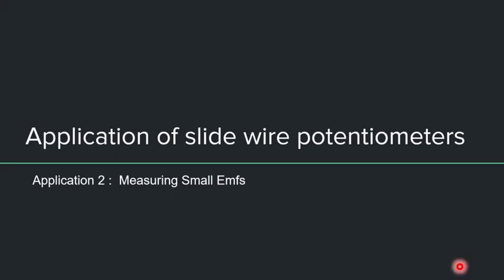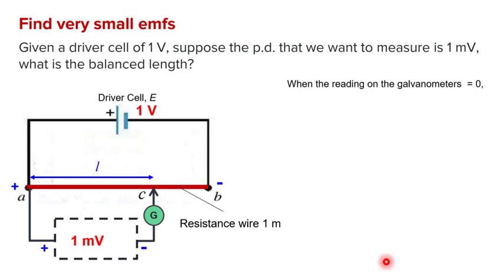In this video, we are going to explain how to use a slide wire potentiometer to measure small EMFs. Let us start off with this problem. Suppose we are given a potentiometer with a driver cell of 1 volt and the length of the slide wire is 1 meter. If we want to measure a potential difference of 1 millivolt, what is the balance length of